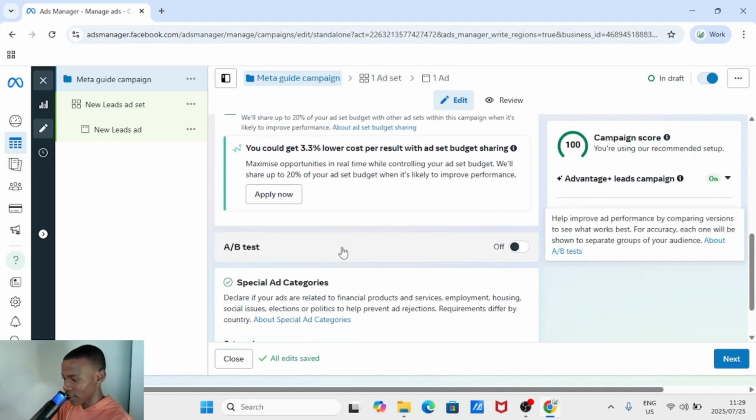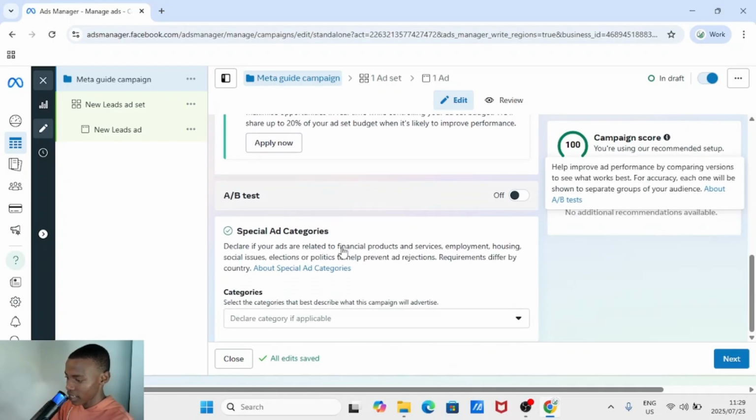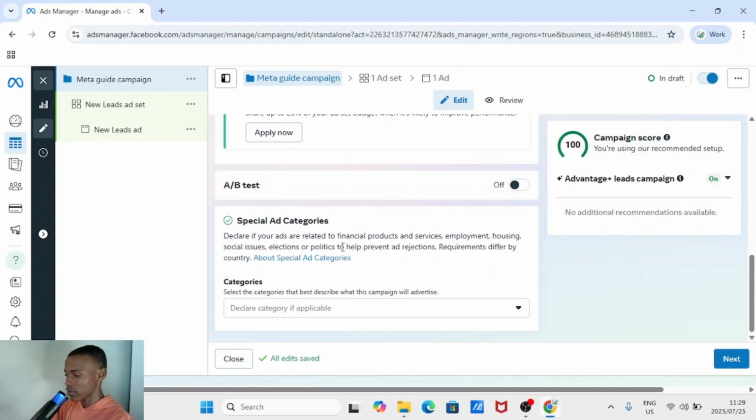A/B test, leave it off. You don't have to worry about this. And then special ad categories. Now,